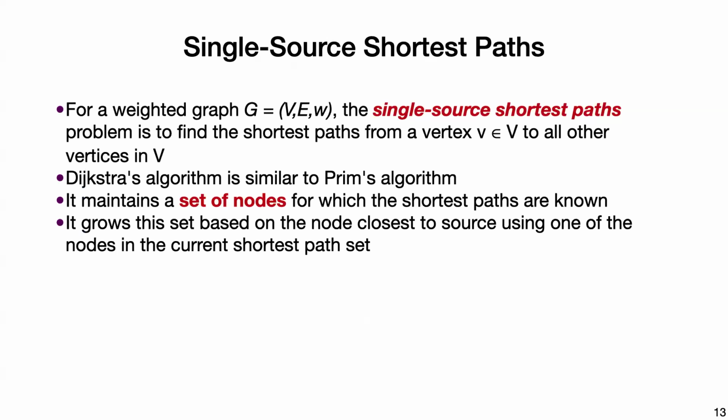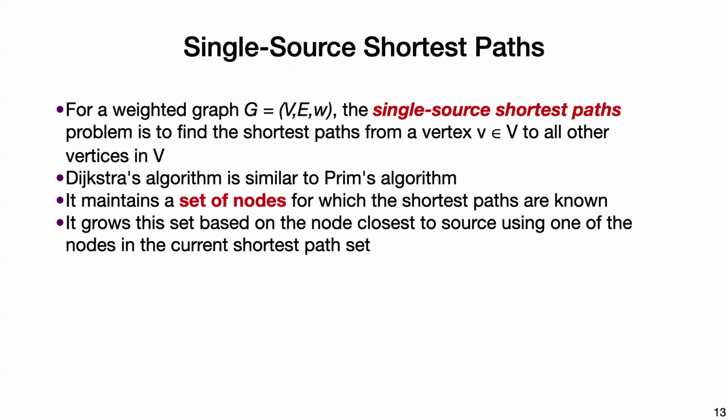So next, we'll talk about single source shortest paths. The problem is you have some weighted graph, so you have vertices, edges, and some weight function, where a weight function just takes in an edge and gives you some weight. SSSP, or single source shortest paths, is where one of the inputs is a starting vertex V, and you want to find the shortest paths from vertex V, so you're kind of growing them outwards from V. Dijkstra's algorithm is the classic algorithm for SSSP, and it has very similar structure compared to Prim's algorithm, so the parallelization will actually be very similar as well.